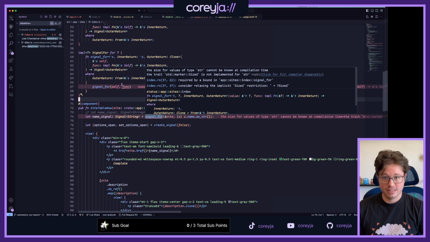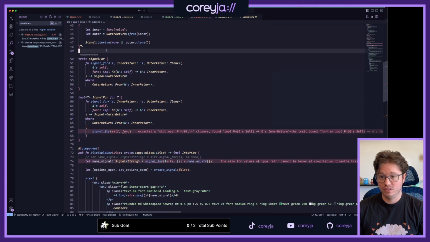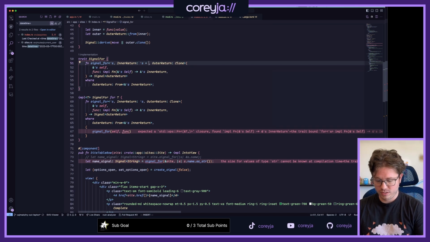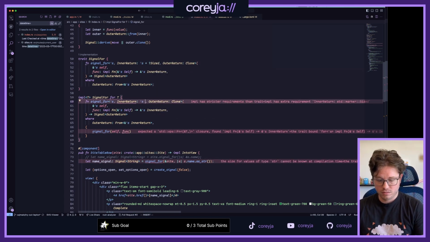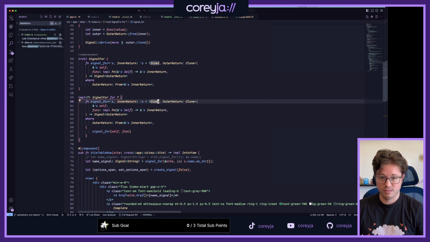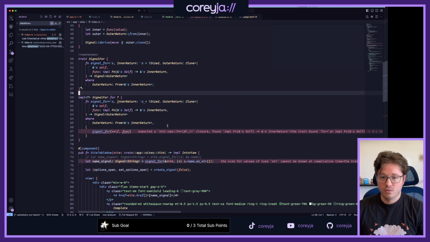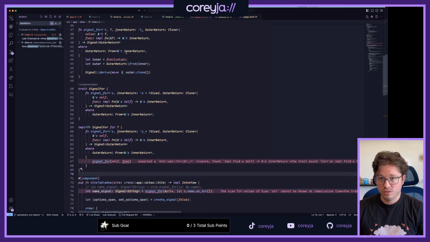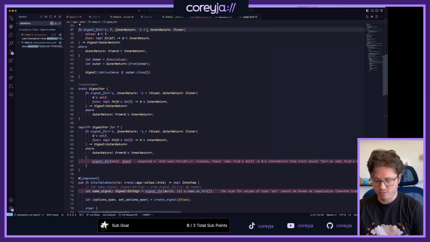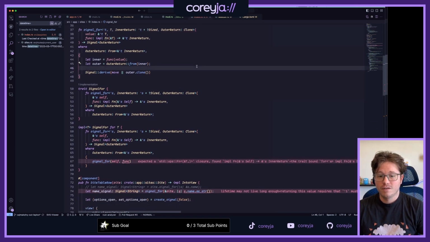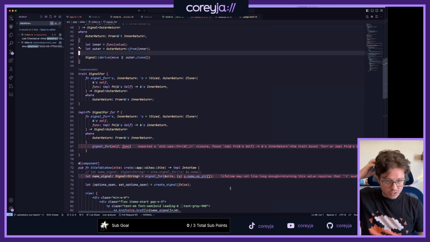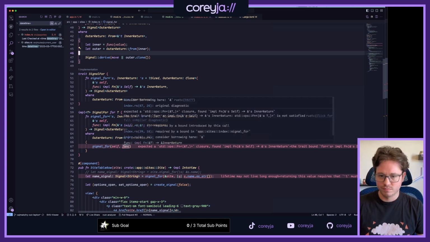Consider relaxing the sized bound on inner return. Yeah, okay. Inner return plus maybe you're not sized. Plus maybe you're not sized. Inner return. Okay, yeah, I guess we have to do it up here too, for maybe you're not sized. Okay, well now we got back to that. Cool.